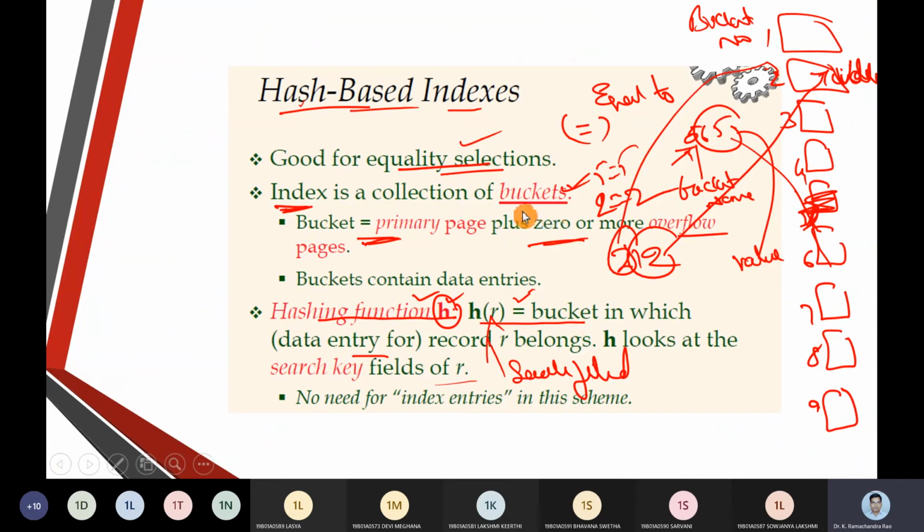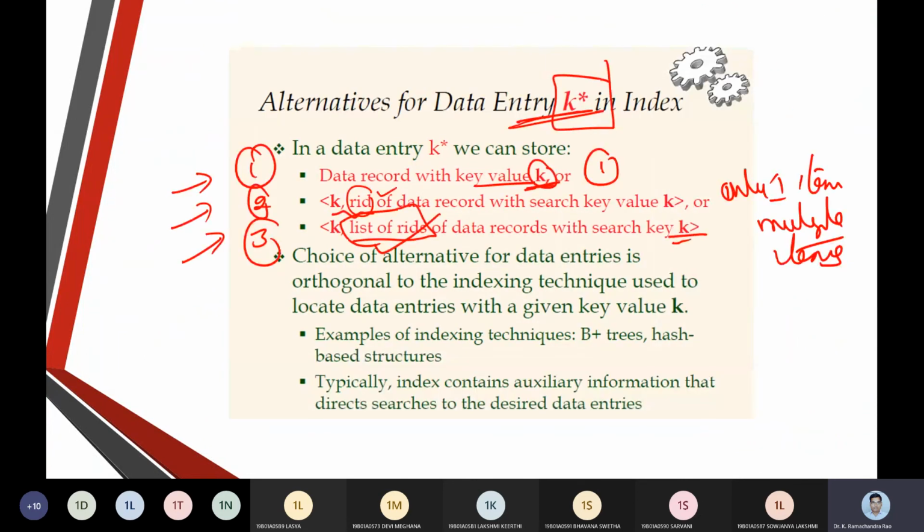After the B plus tree, the third way of indexing was hash based indexing, where we get a collection of buckets, and a hash code is generated, and the generation of a hash code is represented as r, which gives the hash function. How does this hash function generate the keys? For every data entry, it records three ways.